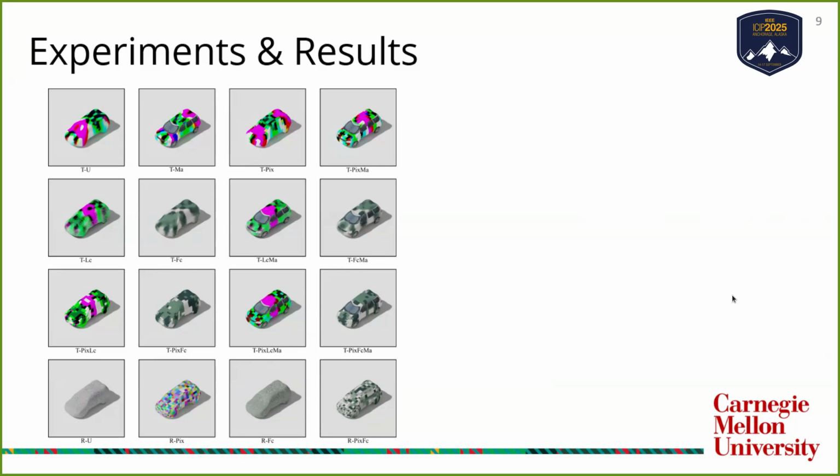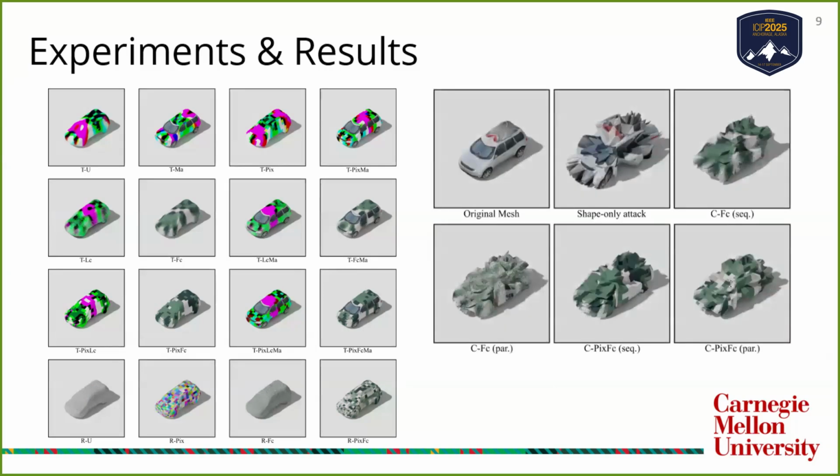Optimization is essential. Finally, we visualize shape-only and combined camouflages. Shape-only attacks often require unrealistically large modifications to be effective, which limits their practicality. When combined with texture, we often see smaller shape changes, since the texture contributes to the attack. This makes the combined approach far more viable for real-world deployment.